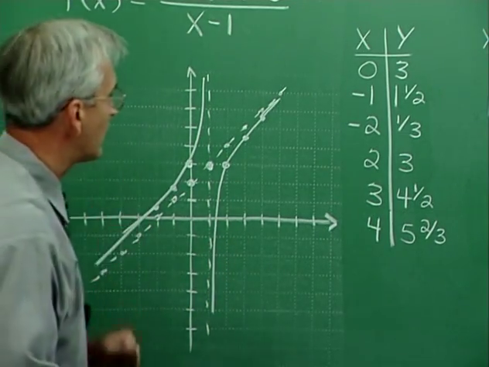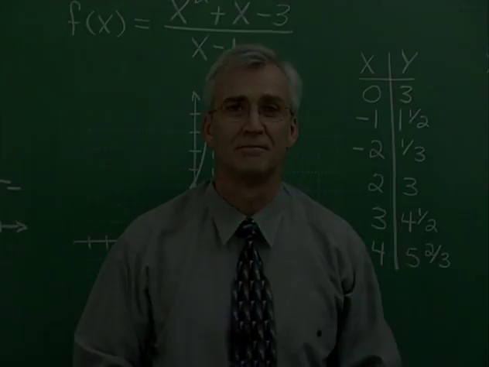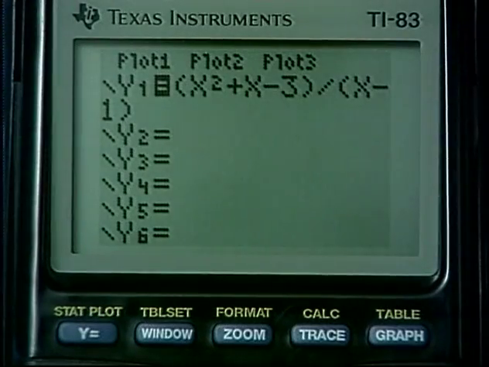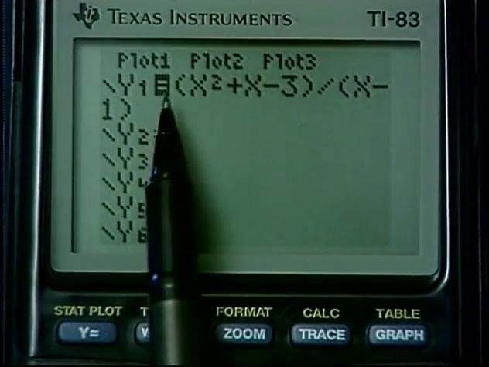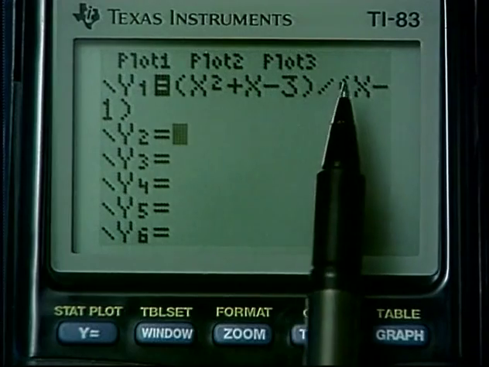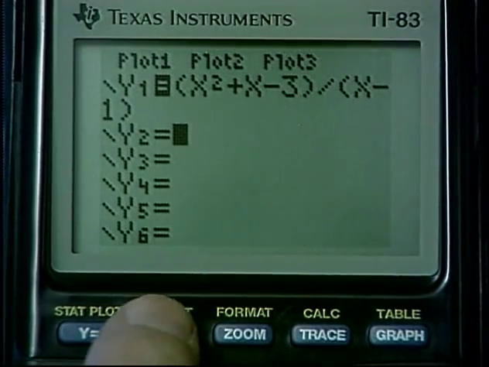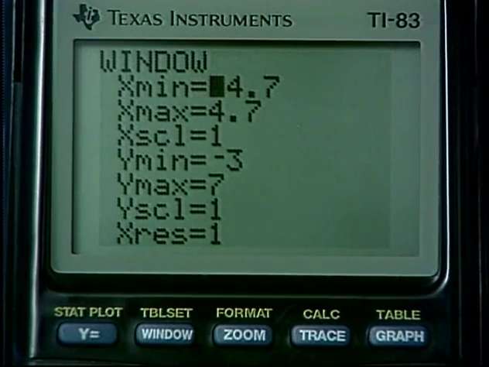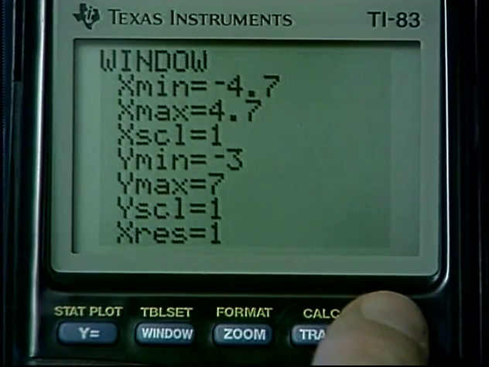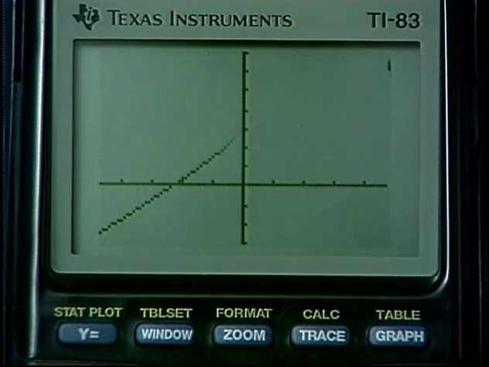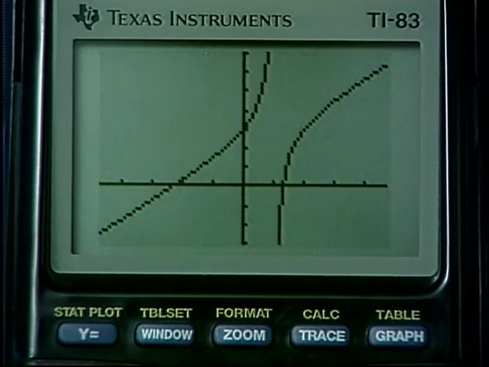Let's take a look at this one on the calculator. I've already entered the function, and notice that I have contained the numerator within parenthesis and the denominator here within parenthesis. And I've also made window settings that are a little bit creative. The x minimum and maximum are at the friendly settings, but for y minimum I set up negative 3 and y max 7,